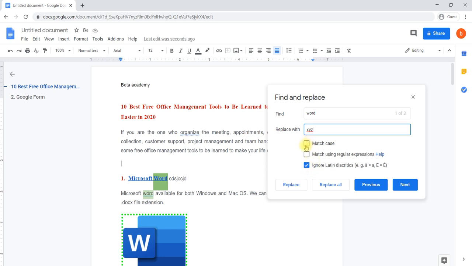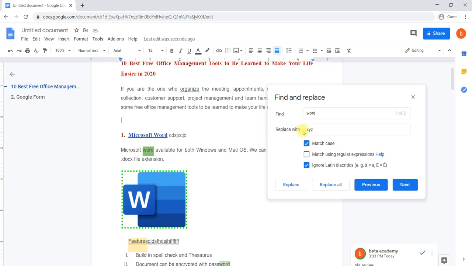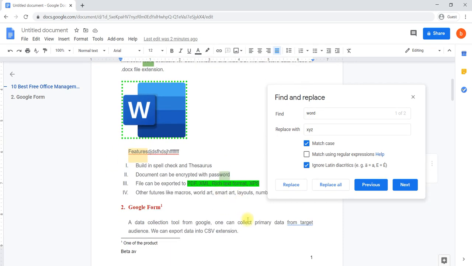While replacing, we can say Match case, which means W should be in capital and the others in small letters, then only it will be replaced if you selected Match case. Then only such a word will be selected where we have all small letters.